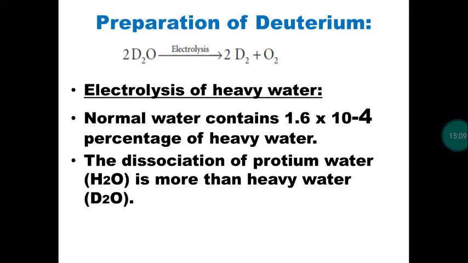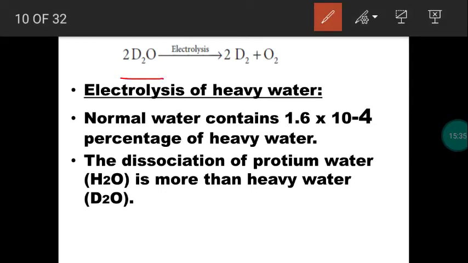So with this preparation of hydrogen over, what is another isotope of hydrogen? Deuterium, right? With atomic number 1, mass number 2. Now we are going to prepare deuterium. We adapt the same electrolysis process. For preparing hydrogen, we do electrolysis of water. For preparing deuterium, we do electrolysis of heavy water. It means D2O. So this deuterium oxide is called heavy water. Instead of hydrogen, deuterium is there. So do the same electrolysis process. Heavy water becomes deuterium and oxygen.